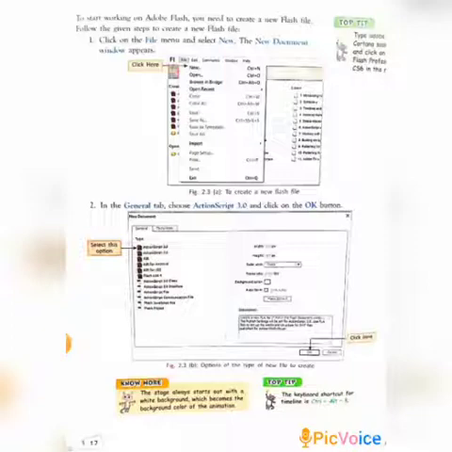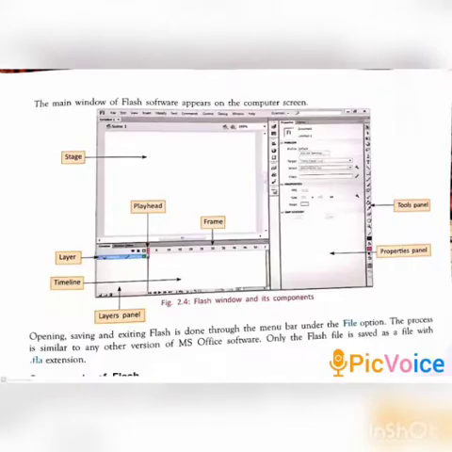A new Flash document opens. Now see the window: the main window of Flash software appears on the computer screen. This is the Flash window.